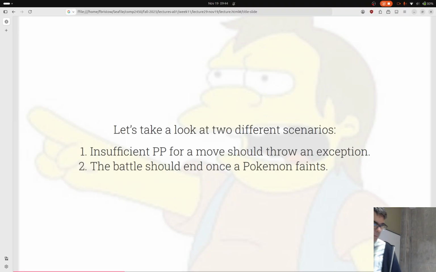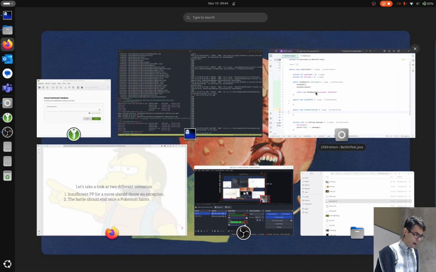And the other one that I want to make observations about is when a Pokemon faints as a result of doing the attack, the state of the battle should become over. That's not exceptional behavior. This is just the thing that I would expect to happen. Given input of, or the state of, a Pokemon has 1 HP left, it gets attacked, that HP is gone, the battle should be over now. And I should be able to make that observation by asking questions about the state of the logic layer class that I've got. So I'm going to pop over to my